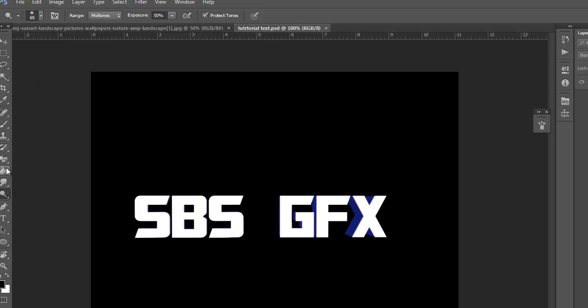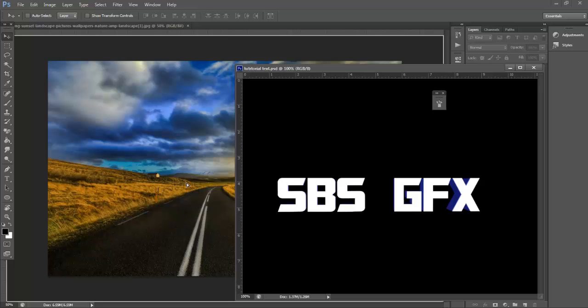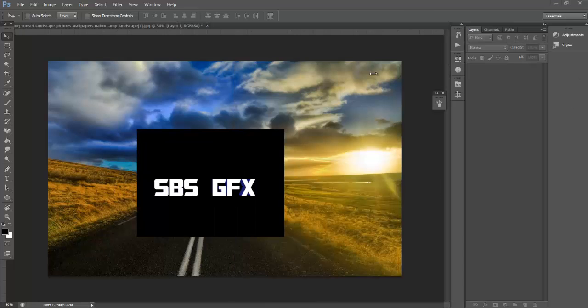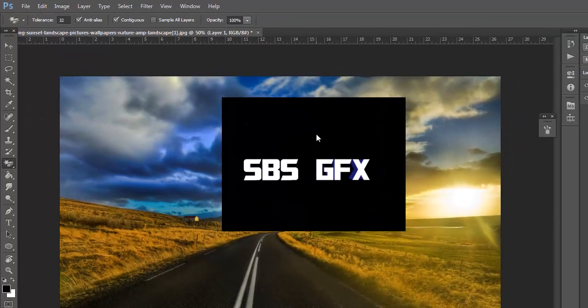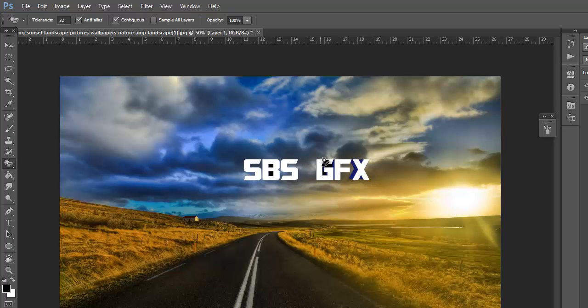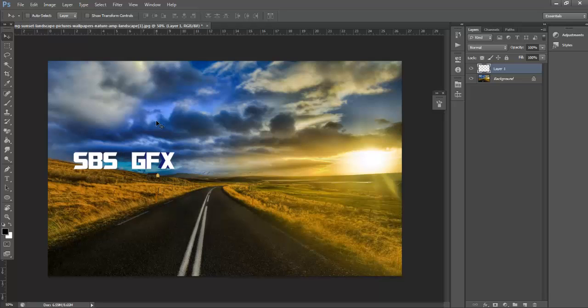So there's two ways you can import text like this. Now say you want to get onto your picture, just do this. Now it's there. You can either go to your Magic Eraser tool in Photoshop and just do that if you don't have certain depth that isn't too dark for it to read, like this. And you can place whatever you want, however you want. It's all up to you. Or you can